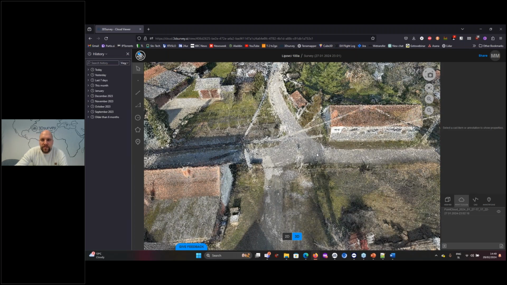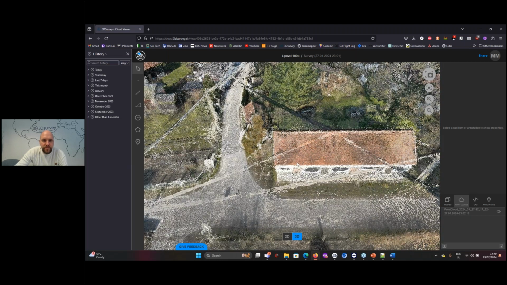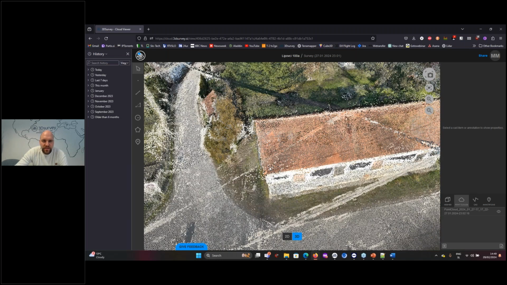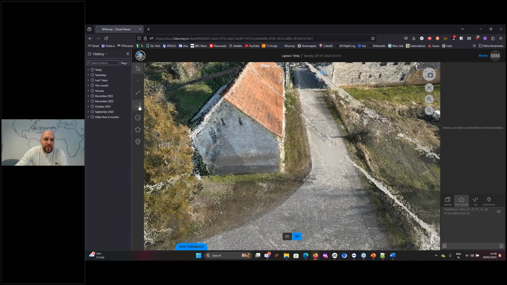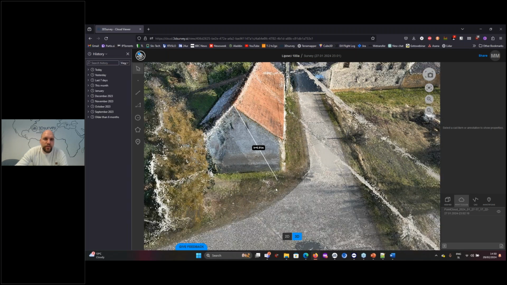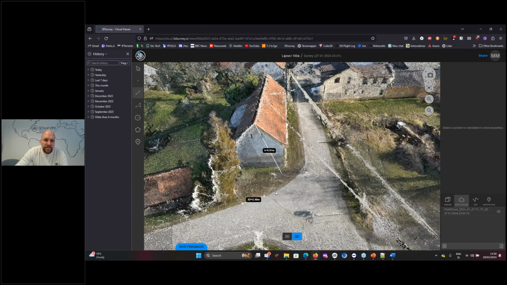When you zoom in, it depends on the internet speed as well. And then here we are able to, for example, measure the height of this building. So if we do a height measurement like that, it only takes the height. So we can see that it's approximately 7 meters high, depending on where we take our base. We can draw some other lines.